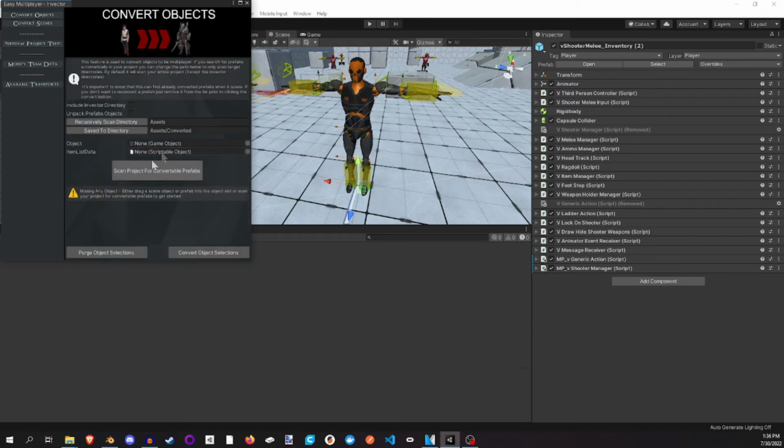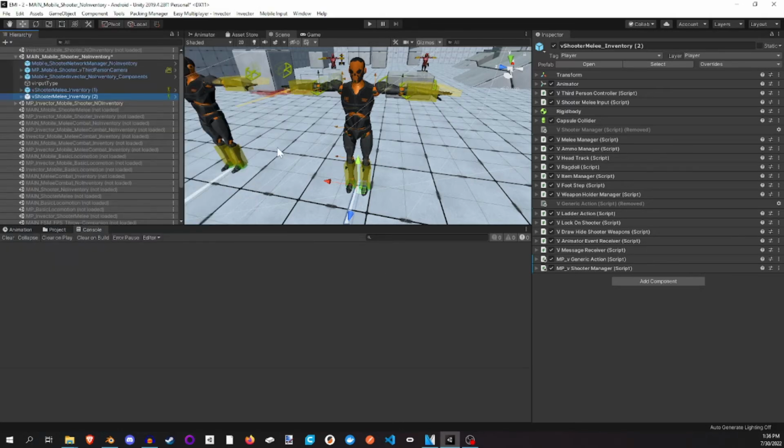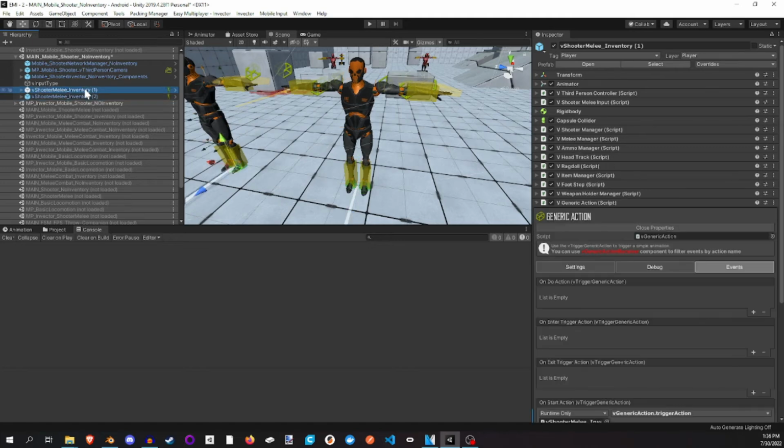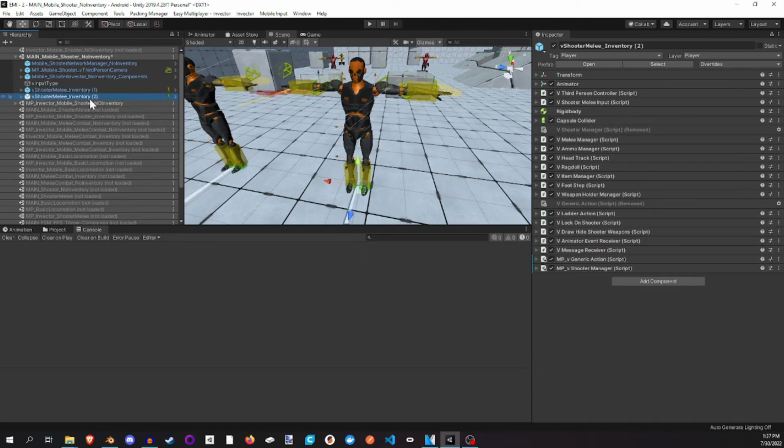I've dragged them in there and created a multiplayer version, but I've changed something on this original object in terms of its events, and I want to copy all of the events in every single component, to make sure that both of these are completely in sync, so that they all have the same type of